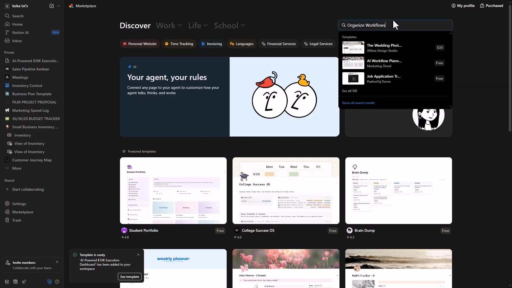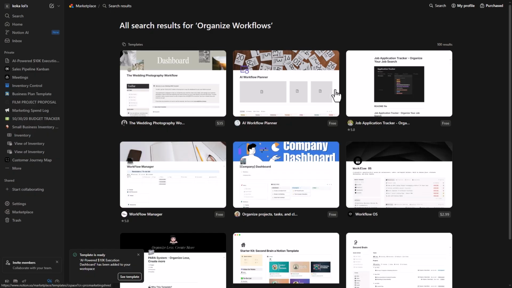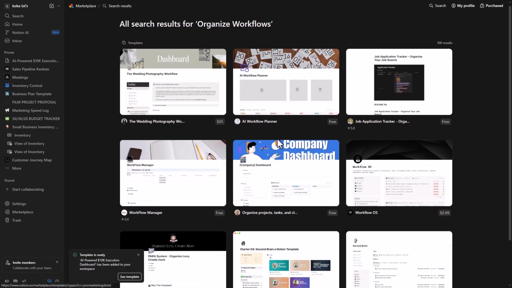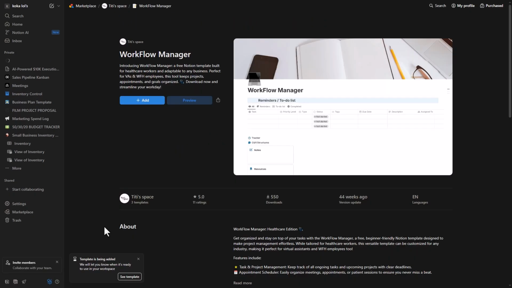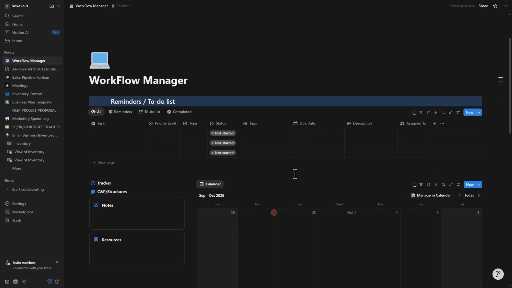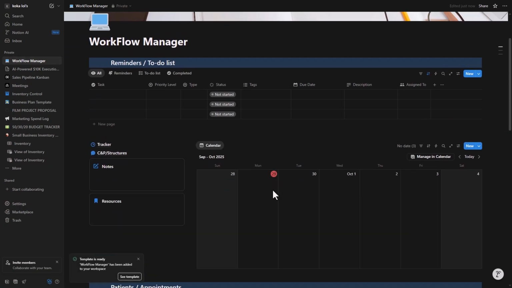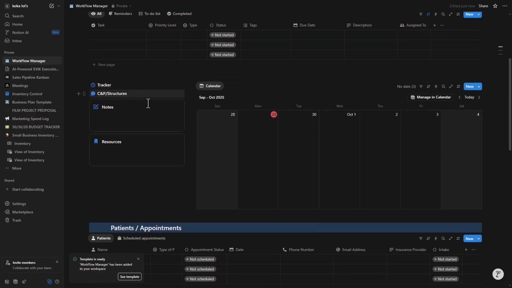Include fields like workflow name, owner, status, priority, due date, and description. Customize the template to match your process and add properties for dependencies, SLA, TAT, checklist items, and linking related projects or clients. Create a task sub-template inside the workflow so every new workflow instance spawns the same tasks